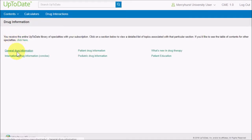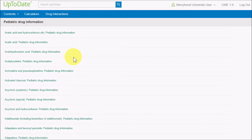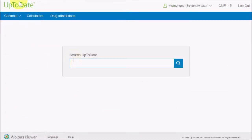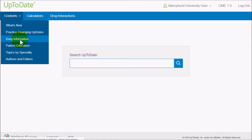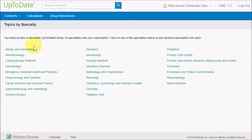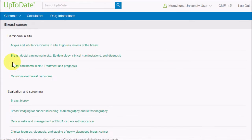If you go to the Drug Information option, you can actually browse lists of different kinds of pharmaceutical drugs. For example, here I've clicked on Pediatric Drug Information and it's giving me an alphabetical list of drugs with information on administering them to children. You can also use the Contents menu to browse topics by going to Topics by Specialty. Like the drugs, these are divided into broad categories, and this is a way for you to be able to find information without necessarily knowing what you want to look for, or it can help you come up with ideas